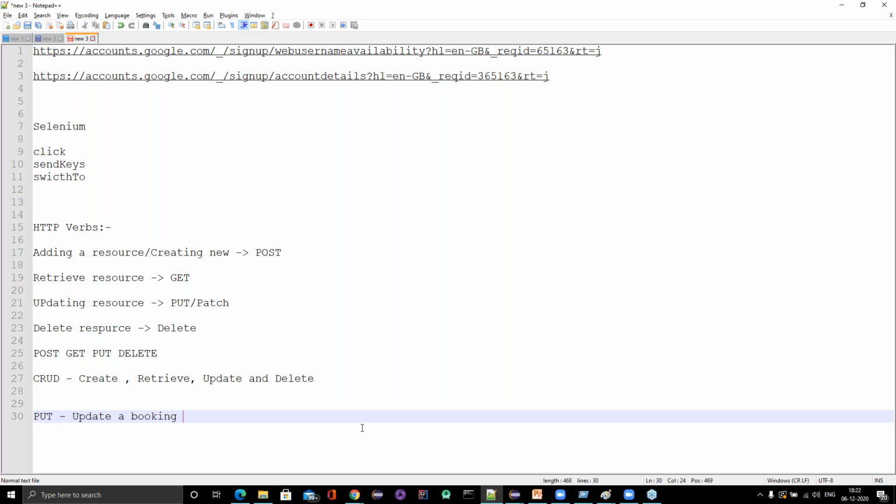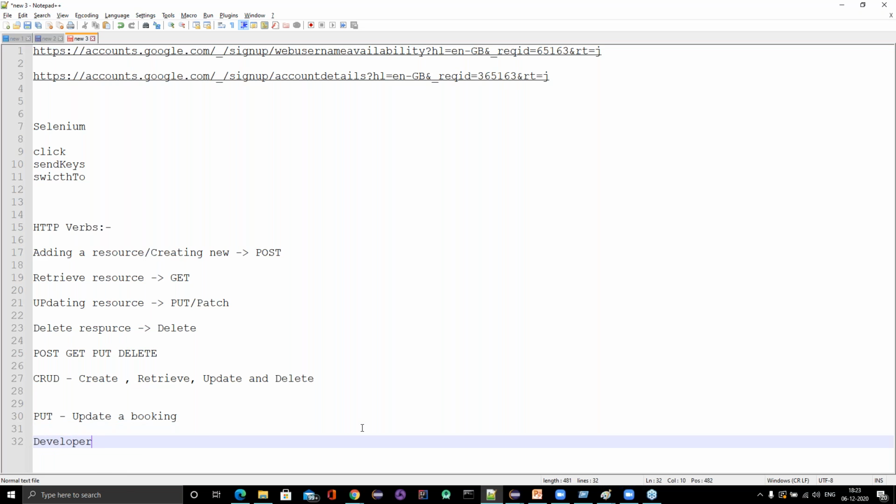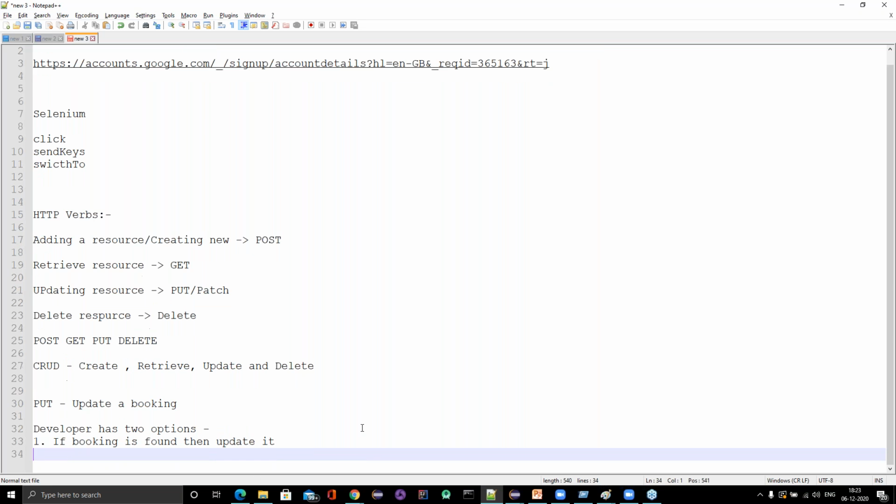Whatever data you sent while creating a booking, you need to send the same payload in PUT also. That's why developers have two options. First, if the booking is found, then update it. Second, if the booking is not found,